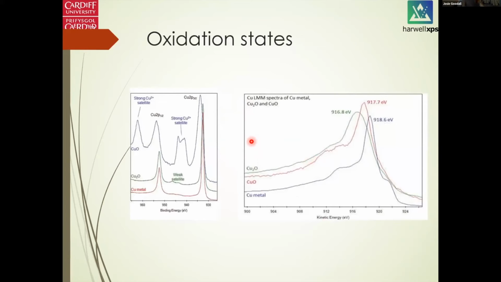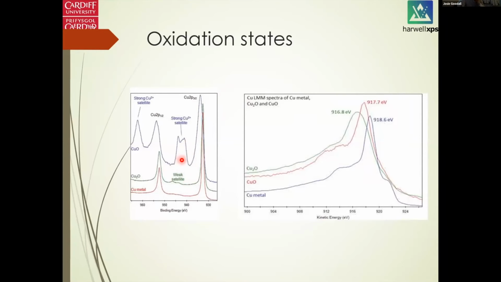This slide looks similar because Phil also mentioned it. The previous one was obtained from the electron gun, and this one is obtained from the X-ray source. As we could see, the XPS of the copper 2p spectrum